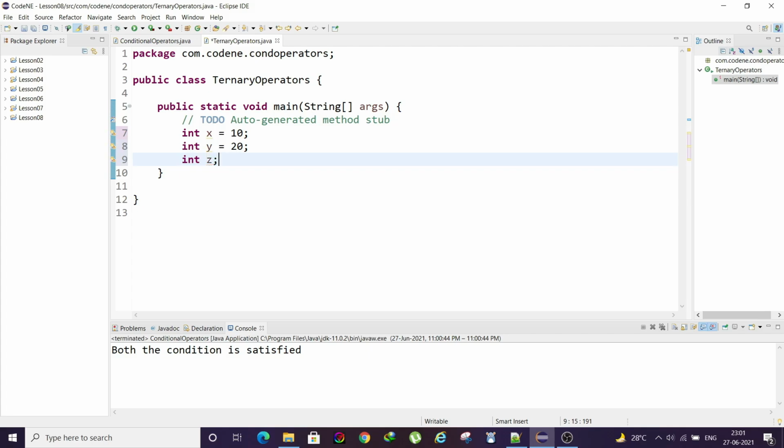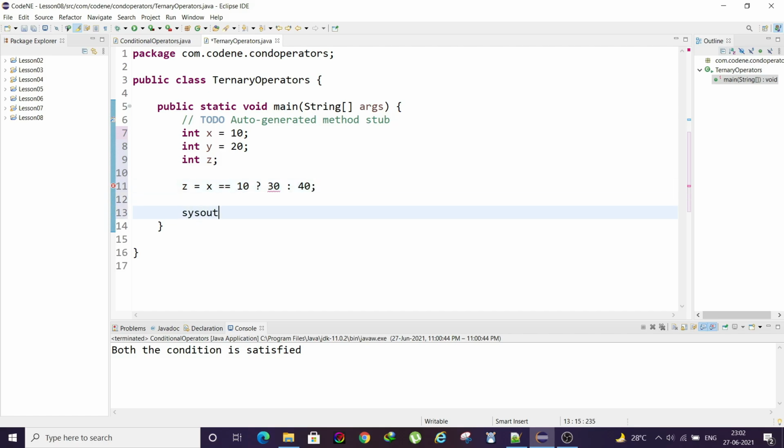We will not assign any value for this now. Let's say z equals x equals 10, then a question mark, z will be, let's say, 30, else it will be 40. Then we'll print z.